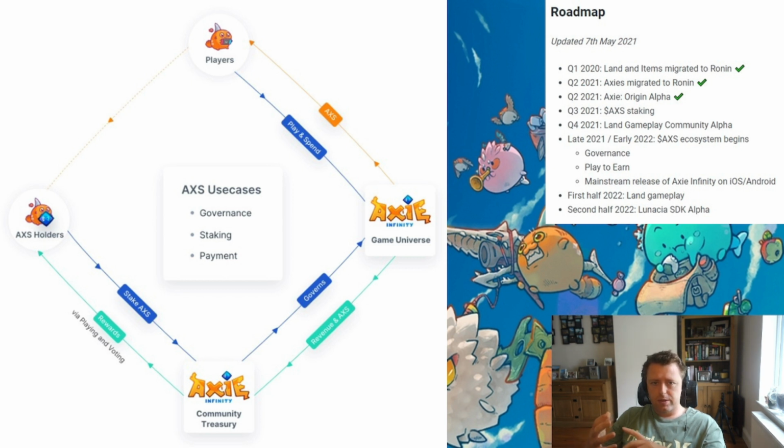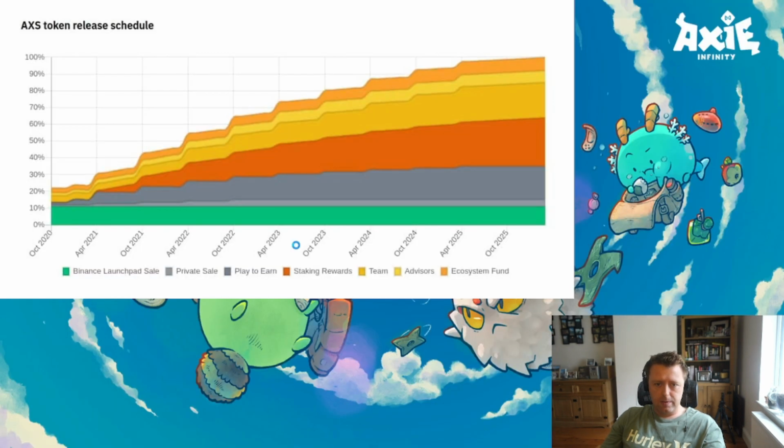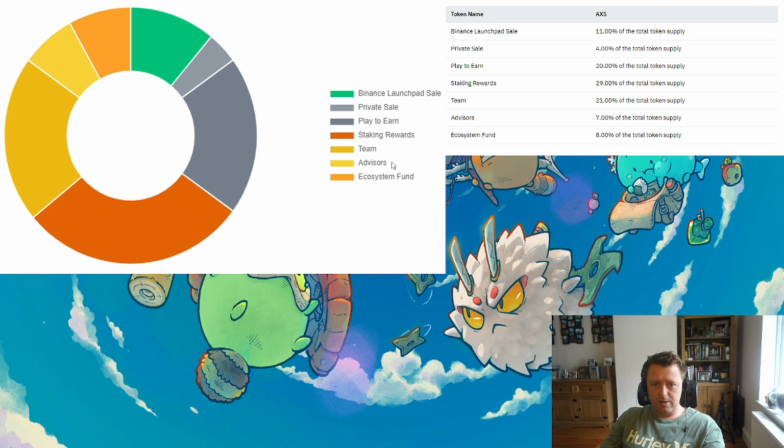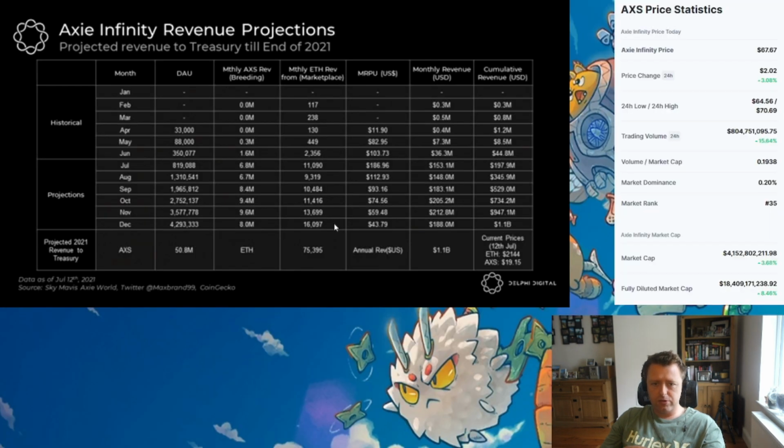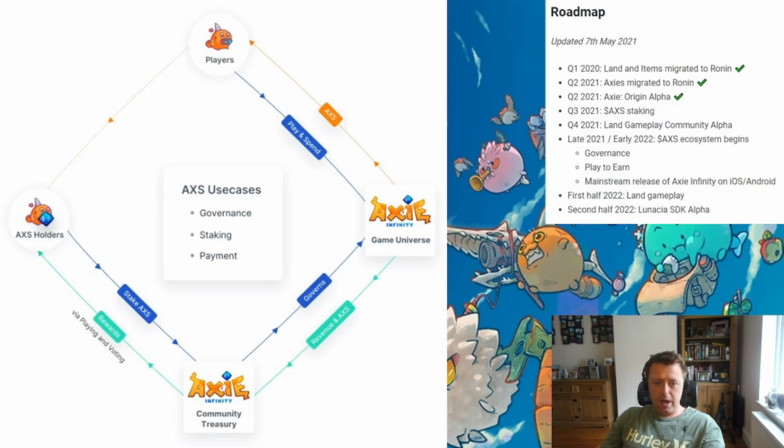Well, you have to remember that between the private investors, the team, and the advisors, you are looking at 33% of the tokens in between them. And I think there were 11 team members last I checked in Sky Mavis, so you're looking at still quite a centralized ecosystem, in which very few people will be entitled to a large amount of the staking rewards as well.